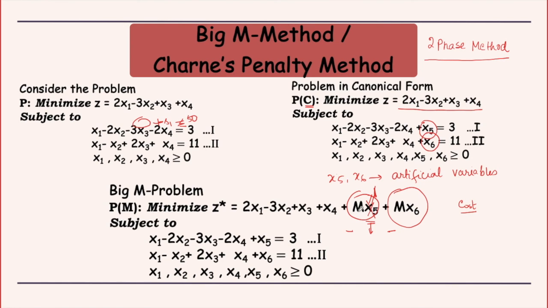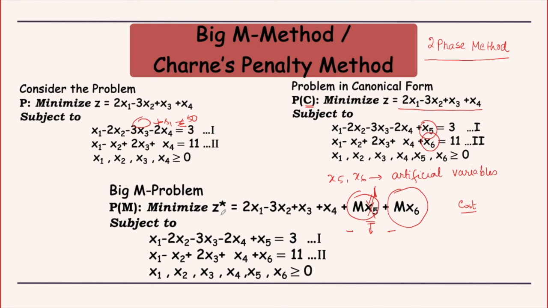That is why we attach a plus M here, and a minus M for a max problem, because again that is going to solve the same thing. So this is the final problem which we are going to solve using simplex if we have artificial variables in our system. If we have slack or surplus, then our z doesn't change, it remains as it is. We do not attach any slack or surplus in the objective function. But if they are artificial, then we need to attach them with a big M coefficient for minimization, and we need to subtract them for a max problem.